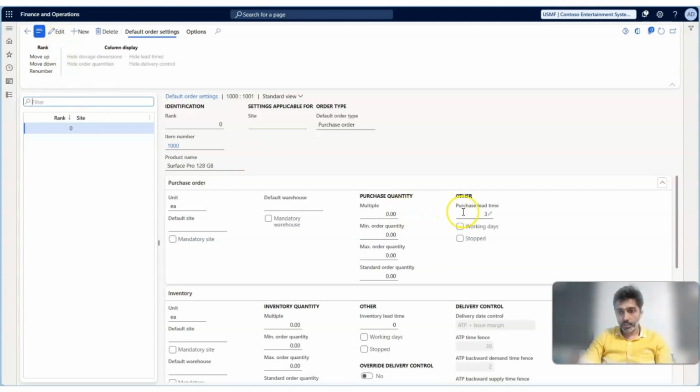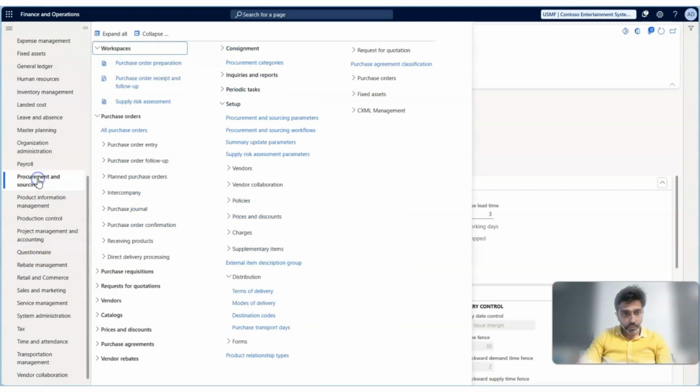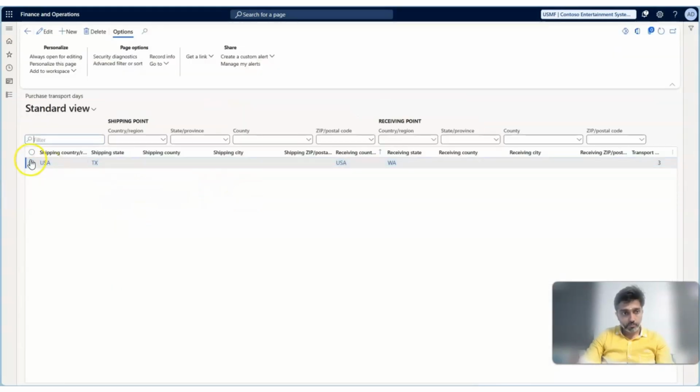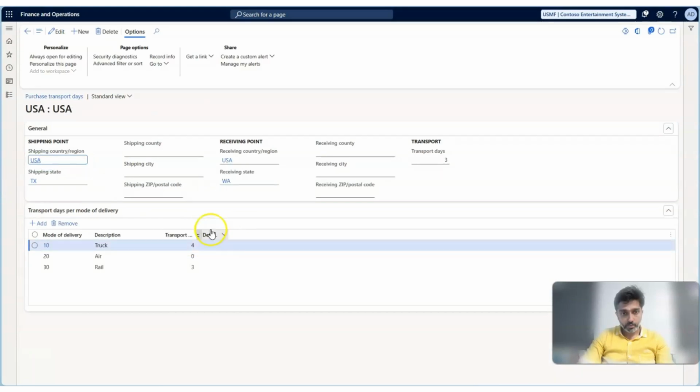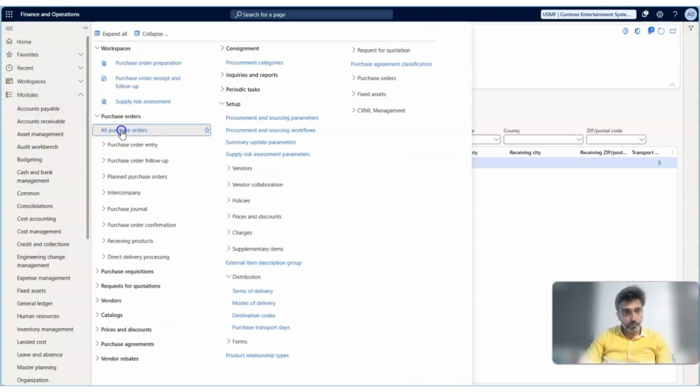So we have just configured the purchase lead time, and we also configured the transport days in the last video itself. If I go to Procurement and sourcing, Setup, Distribution, Purchase transport days, we have also configured the purchase transport days. The transport days is also 3 days by default, and we have not enabled any of them as a default mode of delivery. So let me keep this as such, and let me go to the purchase order form,